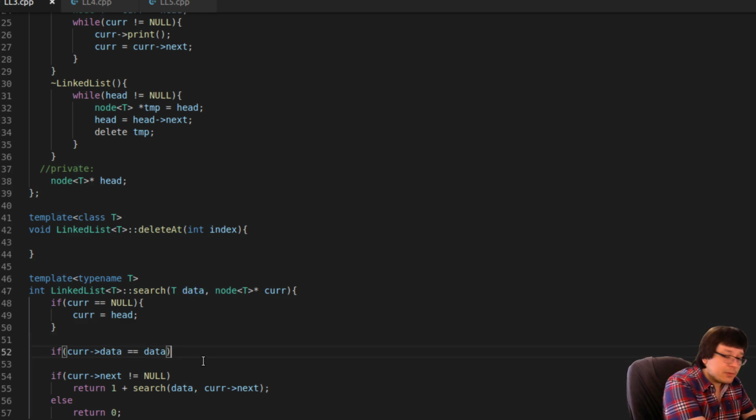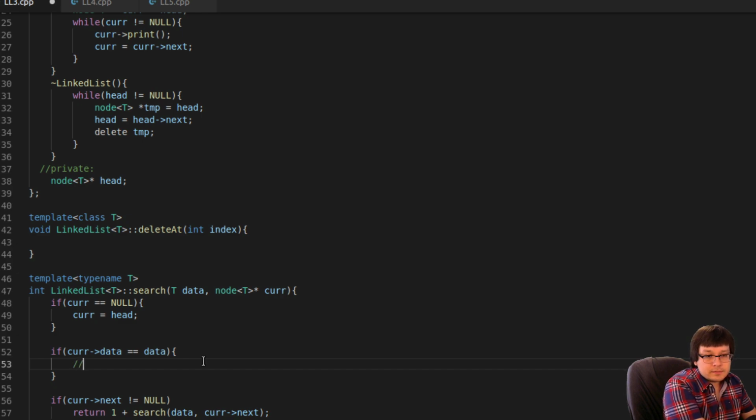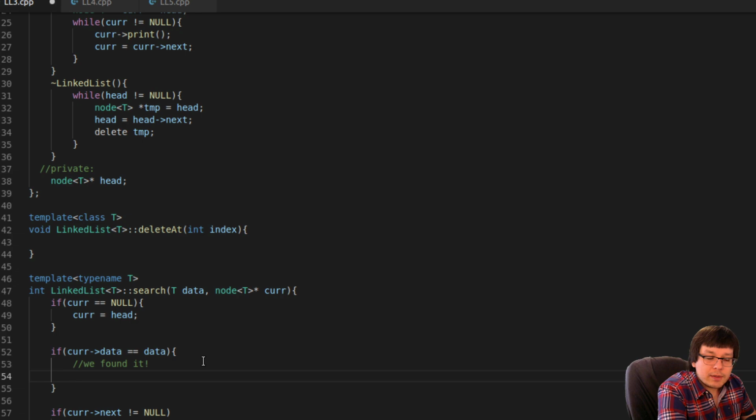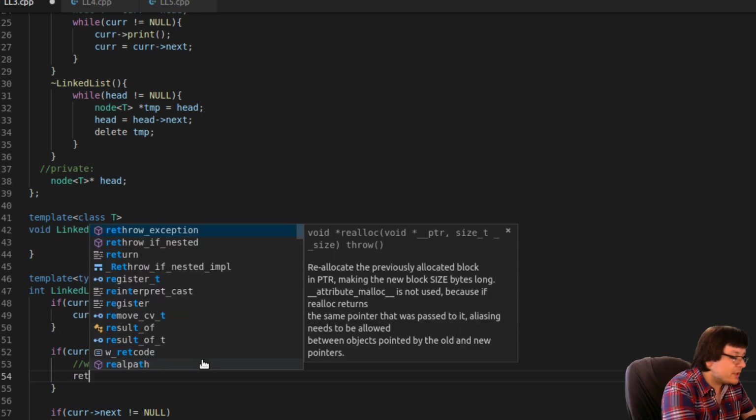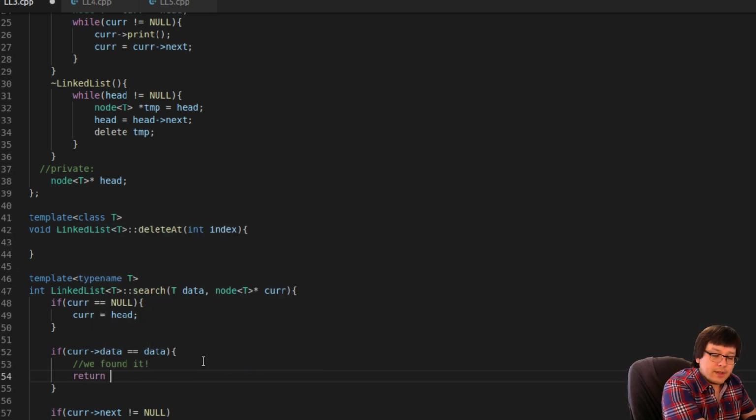So if that's equal, then we found it. So at that point, what we want to do is return that index. So in that case, we are going to return 0. I think 0, not 1.